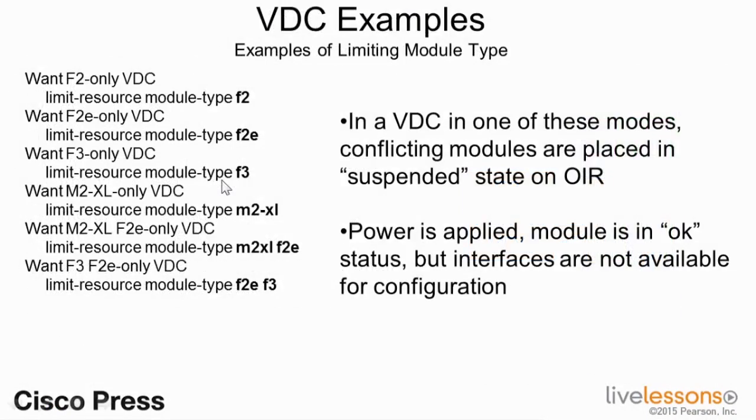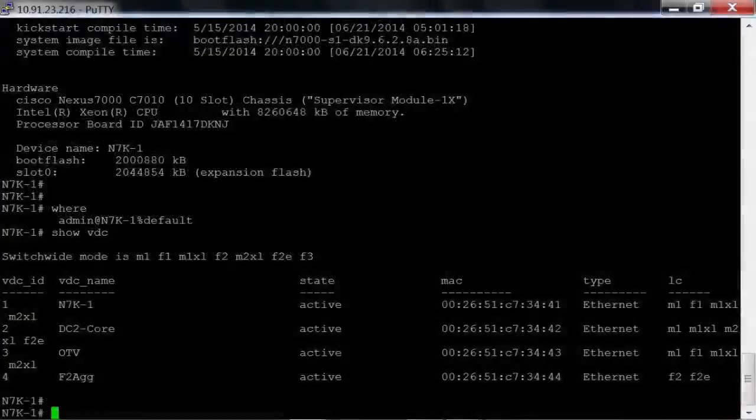If we look at VDC examples, there's different types of VDCs that we can do. I mentioned the F3 prior. I can do an F2E only VDC. I can do an XL only VDC. So if I need large table sizes like internet prefixes, for example, I can do an M2 XL only VDC. And here I'm going to show you this in the command line. So if I do a show mod,